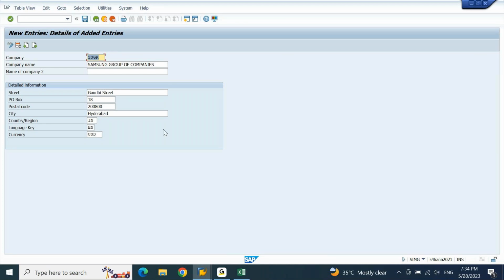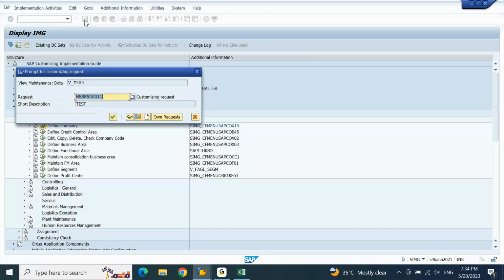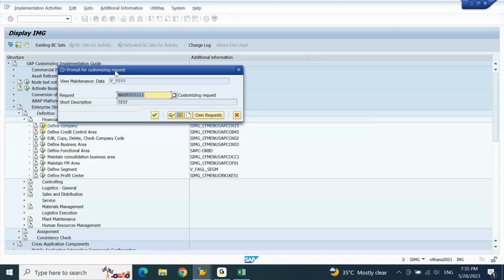Once you are clear with this, you are going to click on save here or Control S. Once you click on save or Control S, you are going to get a screen like this. This is called a customization request or TR request. In this customization request or TR request, whatever configuration you are doing, you are going to store it. Now, before we store it, you need to know one point. You have to know something called